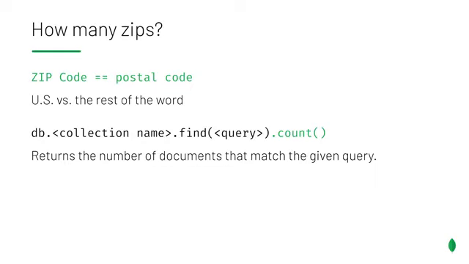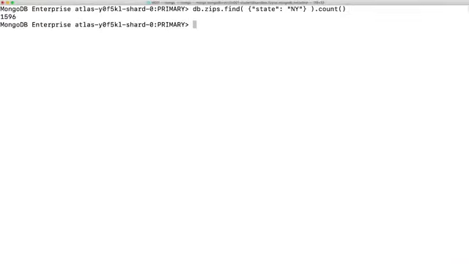I'm now really curious to know how many zip codes are there in New York State. By the way, for those of you who are unfamiliar with the United States address format, a zip code is what is known as a postal code in the rest of the world. To find how many zip codes there are in New York, I can add a count operation at the end of my find command, like this. Now I know what the Atlas UI meant by many when we looked up all the New York State zip codes. In that case, many meant exactly